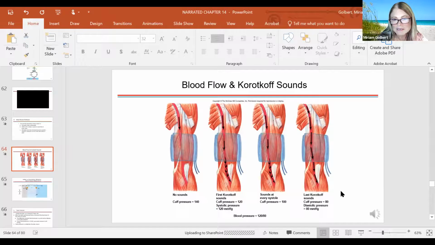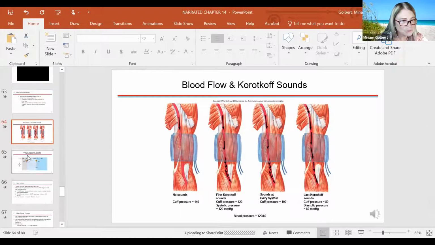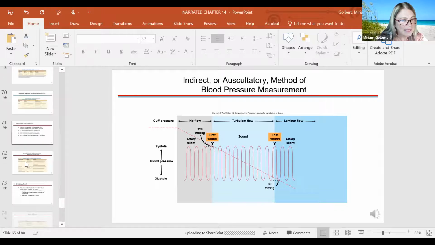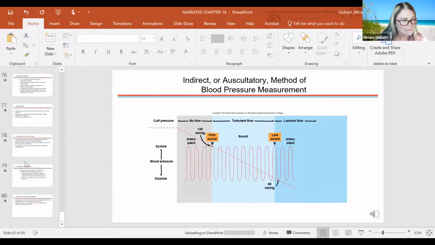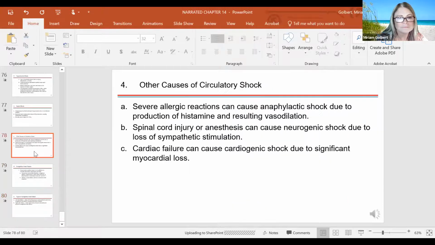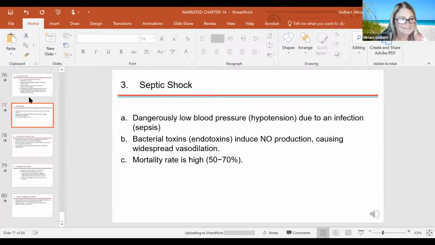So here's the blood pressure, which we already did with our labs last time. And what else is here? Let me see. Oh, this is good. No, it's not good, but